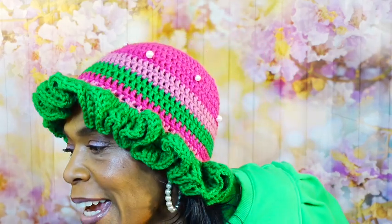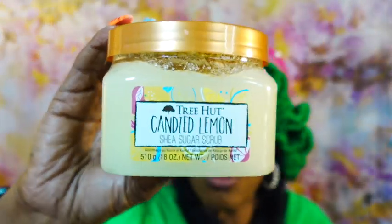All right, you guys, so closing that week out, which was Saturday, I was really excited to do this fragrance combination because I had been thinking about it over and over again, and I decided to do it on Saturday. So starting in the shower, you guys, with my regular Dove, and then I went in with this Candied Lemon Tree Hut body scrub,